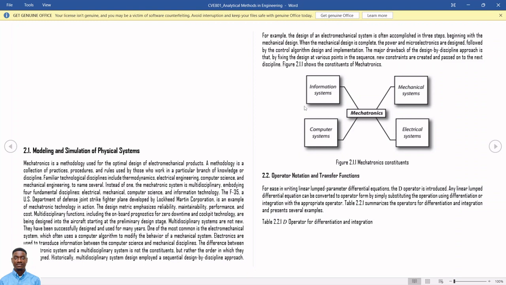So also you can use electronics to modify such systems, basically to get some information from them while they are in operation, and that is where sensors come in to transduce information between the computer science and the mechanical discipline, whereby as the electric motor is rotating, the sensor can actually measure the speed at the output shaft as against the set points.